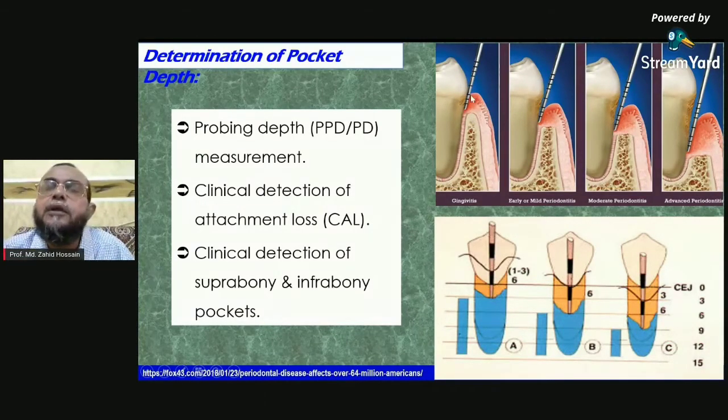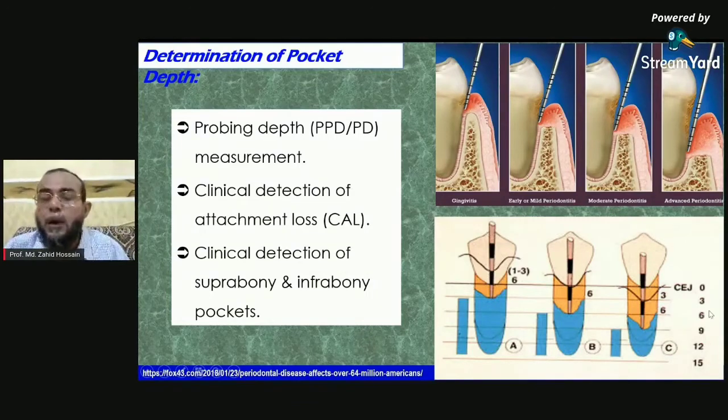So inserting 3 millimeters is normal. Here you see it is 3 millimeters, but it is deeper, because the cementoenamel junction is almost open. You cannot see it, but you see the bone loss is there. So it is a true pocket. Then there is more and more clinical attachment loss, because clinical attachment loss is measured from the cementoenamel junction to the base of the pocket. You can measure it from the probing, and you see more and more loss here. The last one: first gingivitis, second early mild periodontitis, third moderate periodontitis, and fourth advanced or severe periodontitis.